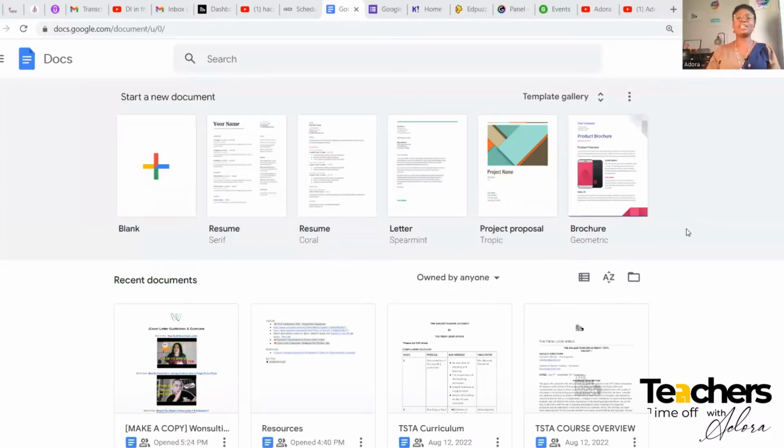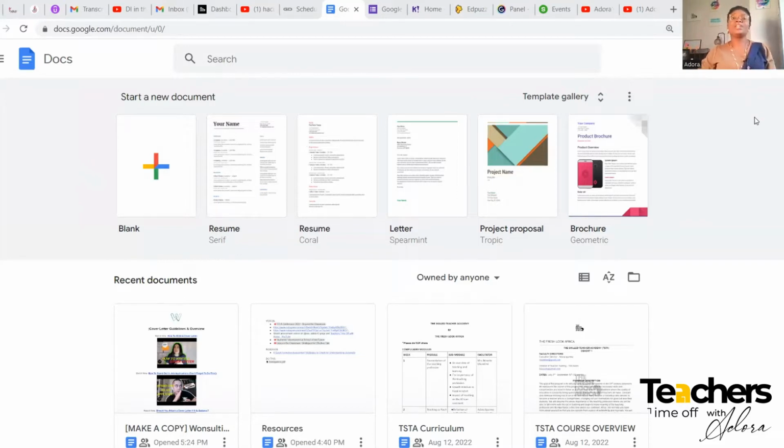So my first tool, the first thing I'm going to be sharing is Google Docs, how you can use Google Docs for assessments and how you can use it for giving feedback, how you can use it to grade, to ensure that you're able to give quick feedback immediately. So this is your Google Docs. First of all, you need a Gmail account. If you don't have a Gmail account, ensure you have one, because once you have a Gmail account, it's easier for you to have access to all of